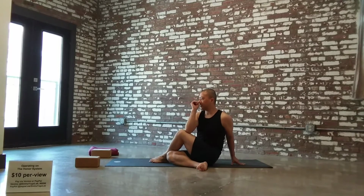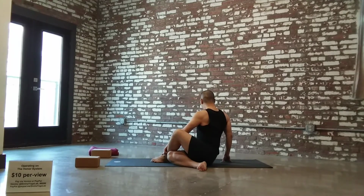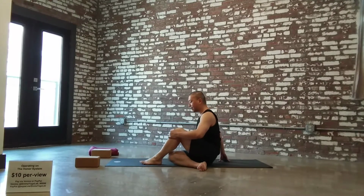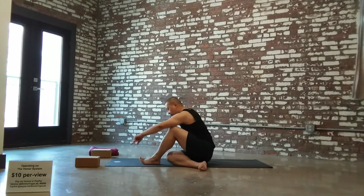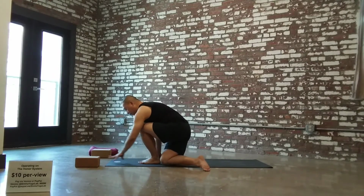Inhale, back to center. Exhale, counter twist to your right. So coming from the revolved variations of those poses, we're coming into the regular straight up variation of poses. So square back to center, step the left foot forward as if your placement of the foot is in the warrior 2 position. Then lift the seat, shift the weight forward, left hand to the floor, about a foot forward